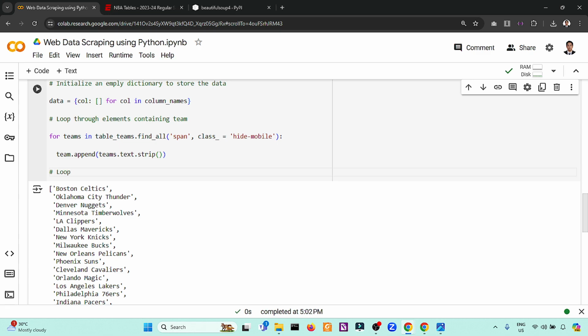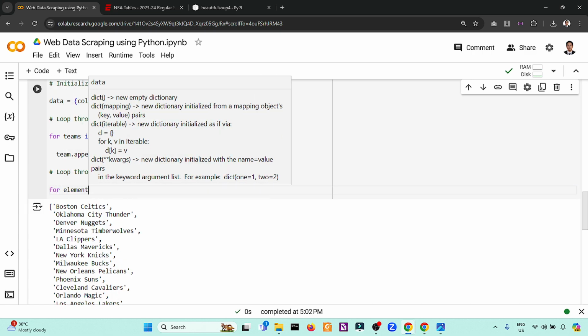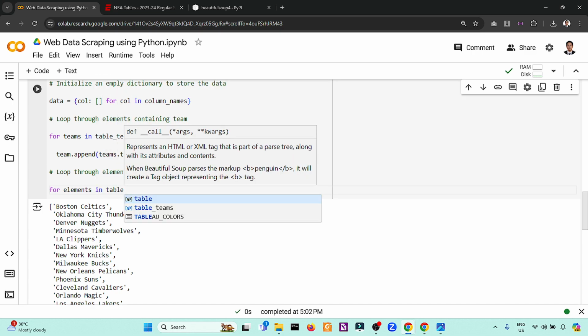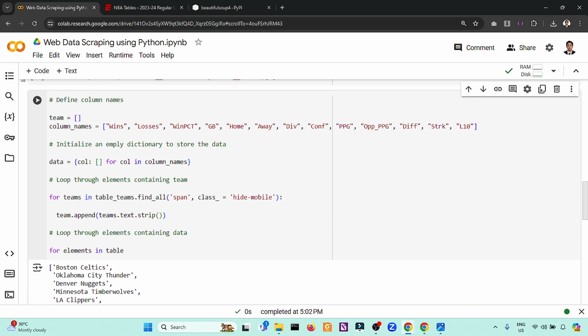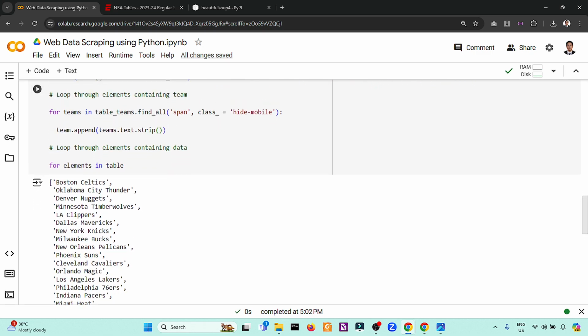So I think we need to loop through elements containing the specific data. So for example, for element in table. So this is the table. So our table will be the table scroller with the table body, only the first instance, which means index 0.